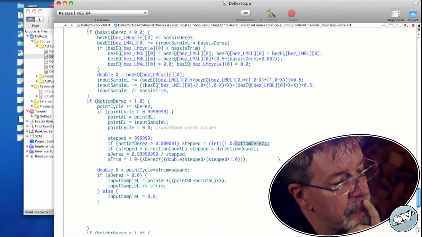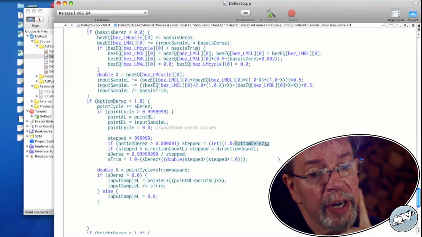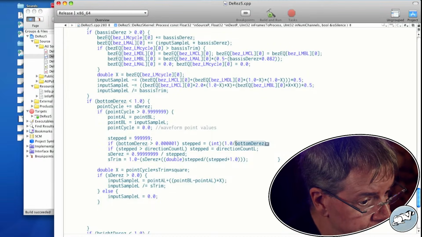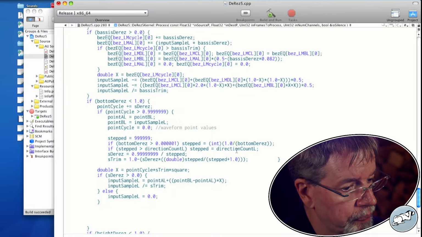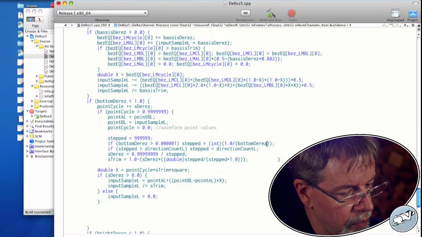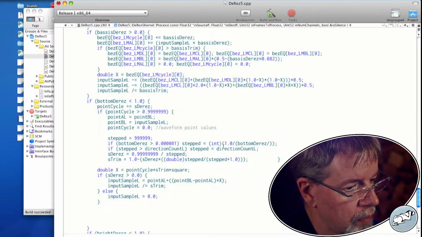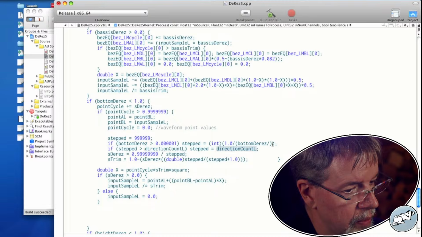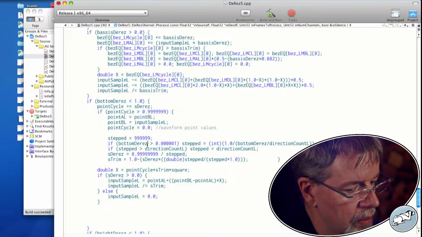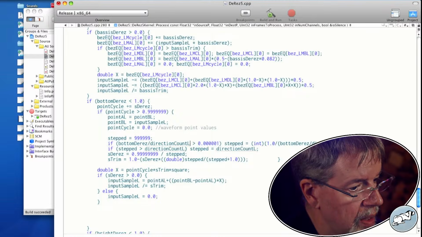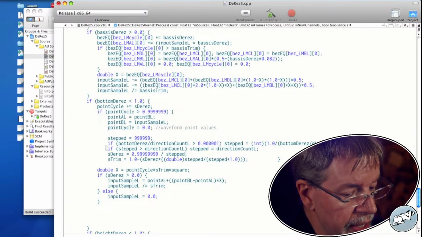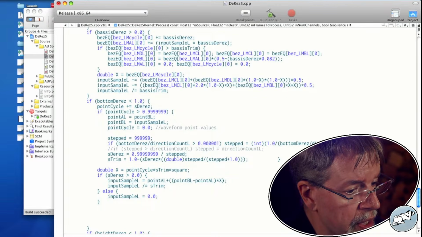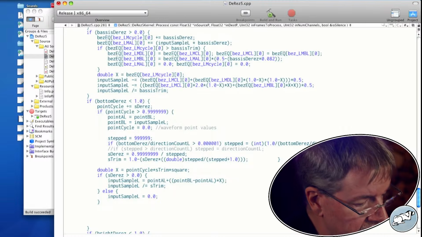So we need to have bottom DRes divided by direction count L. And then, of course, build it into the logic. And then we shouldn't need to do this anymore because it's already built in. Let's see what happened.